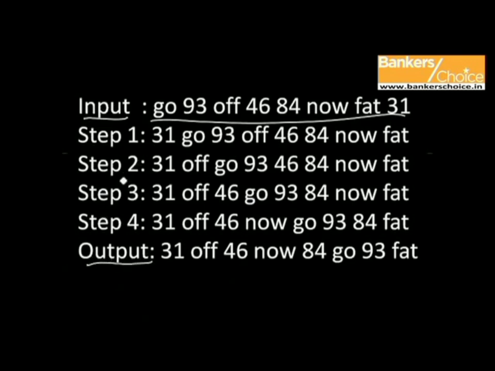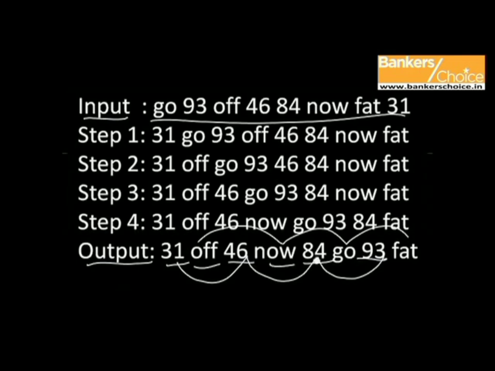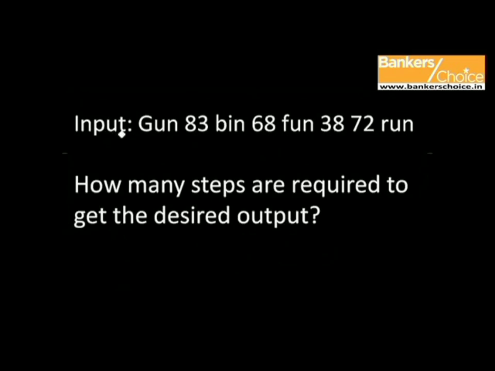As already discussed, the first step is to understand the logic behind the output. And as we can see here, the numbers and words are in alternate positions with numbers starting first. All the numbers are in increasing order, whereas the words are in reverse alphabetical order. So we need to solve a question keeping in mind these 3 points. If the input given to the same machine is as shown, then how many steps are required to get the